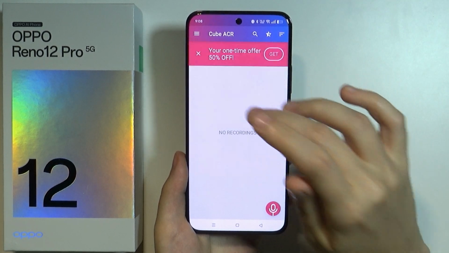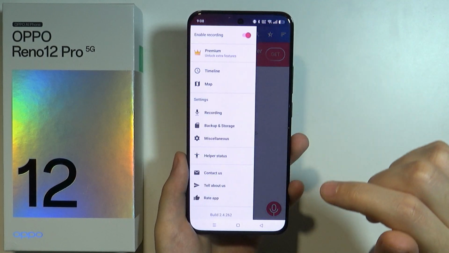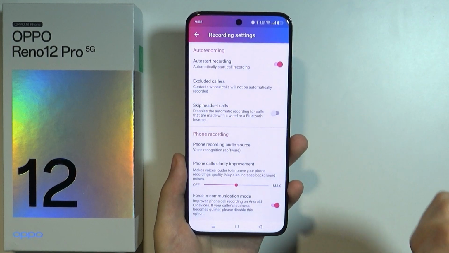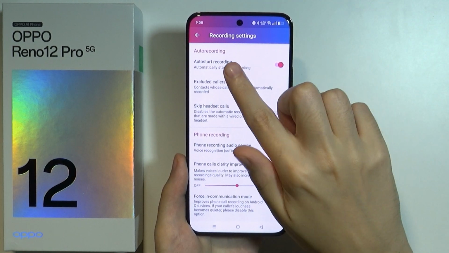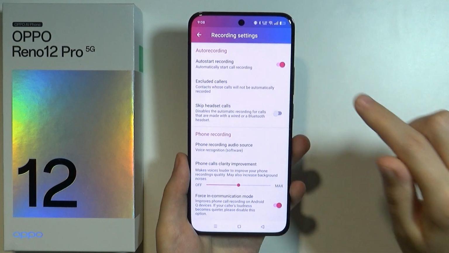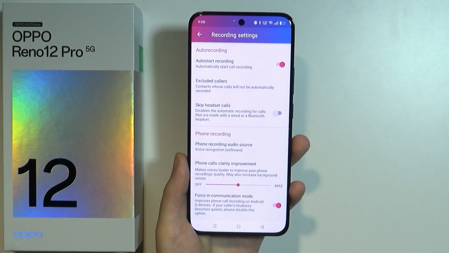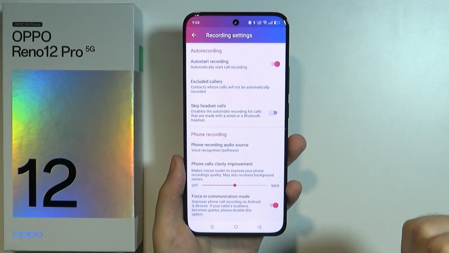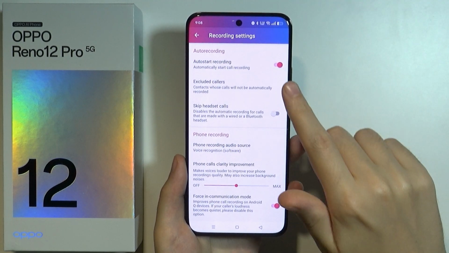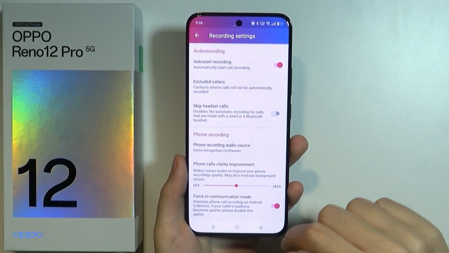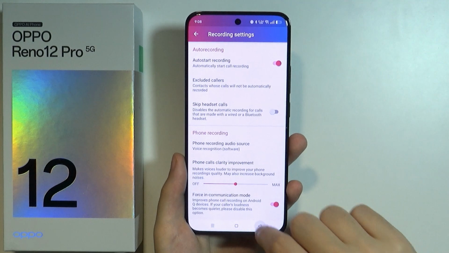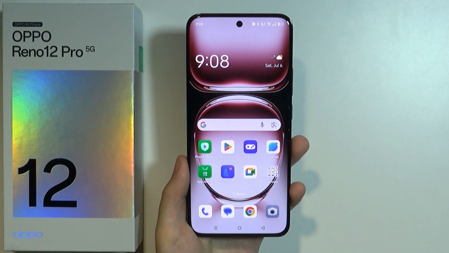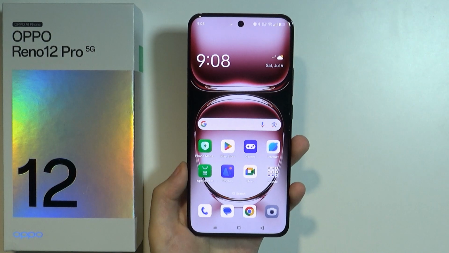So now in order to use it, we can also tap these three lines over here in order to find some settings, like we have the recording settings and so on and so forth. We also have the auto start recording, which you might want to turn on or off depending if you want to always record or not. In my case, I'm gonna leave this on. So now we're gonna go back, and now if someone calls us, after a few seconds we should start recording